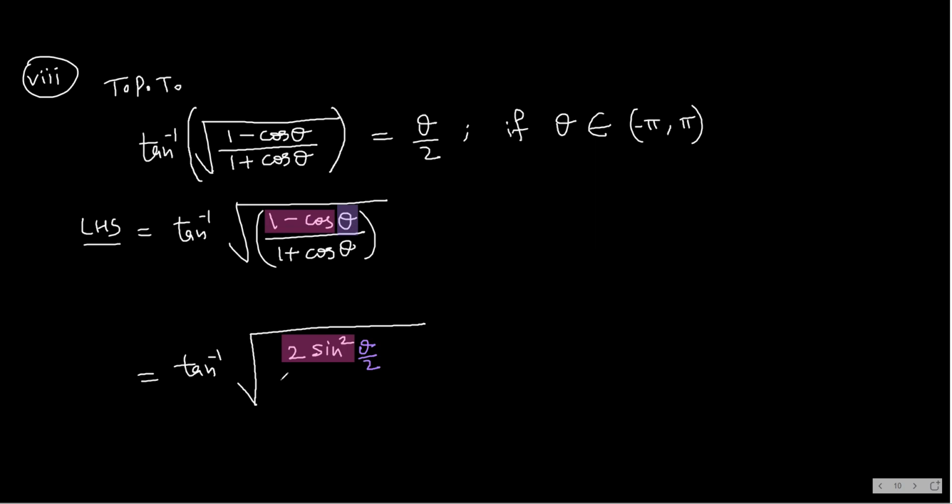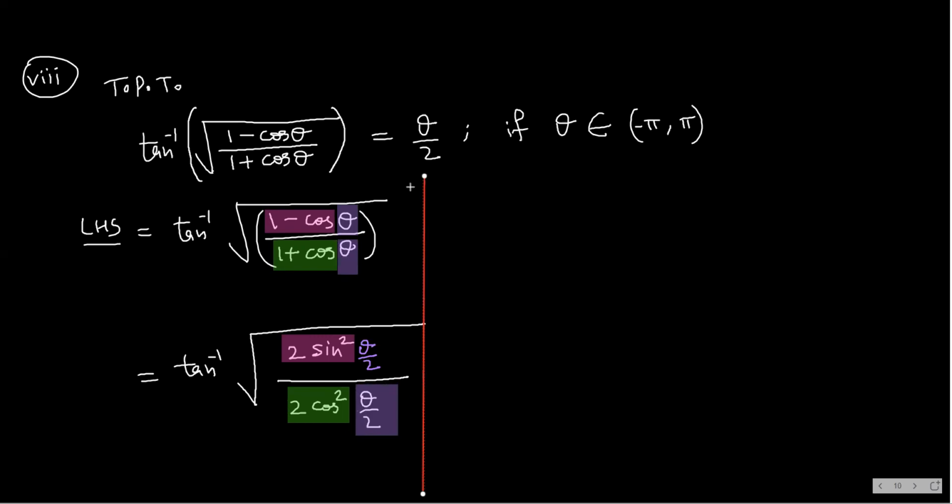And 1 plus cos theta is 2 cos square theta by 2. What you should do, when you see 1 plus cos, for 1 minus cos, what I said, you write 2 sine square. Likewise, for 1 plus cos, what you should write? You should write 2 cos square. And for this theta, you should be writing theta by 2. Okay, so the next step you get is,